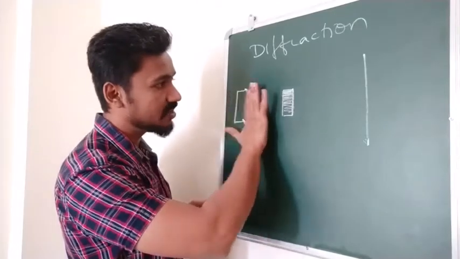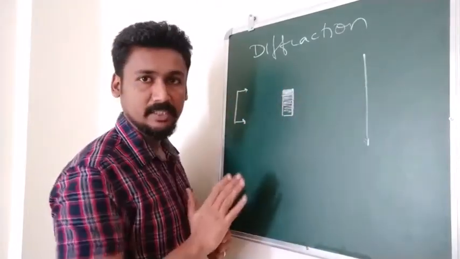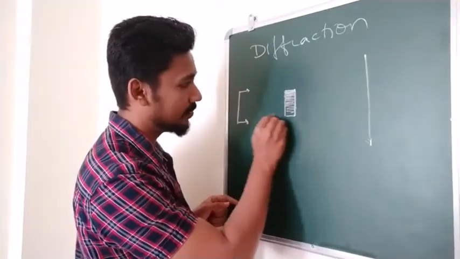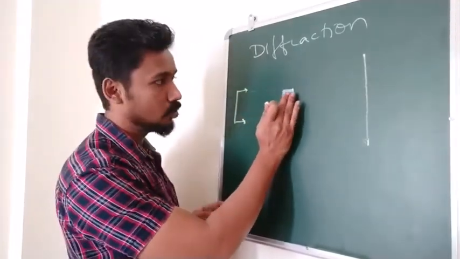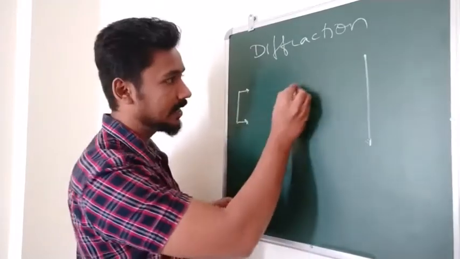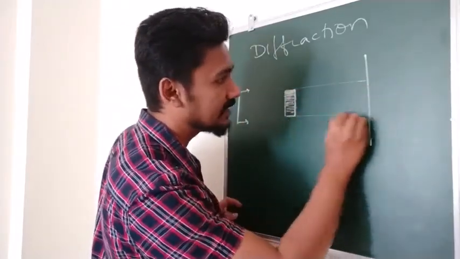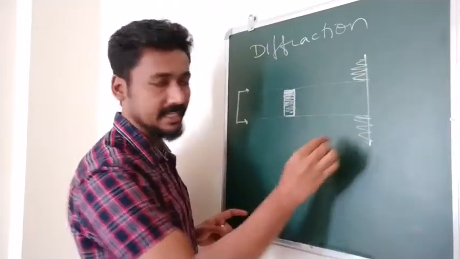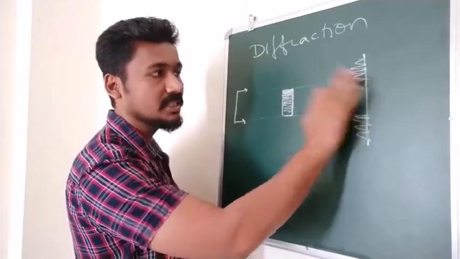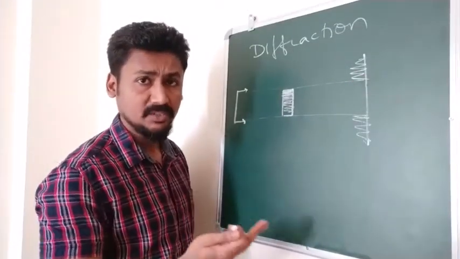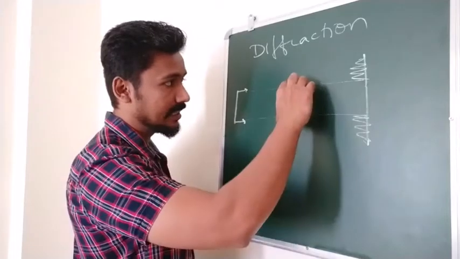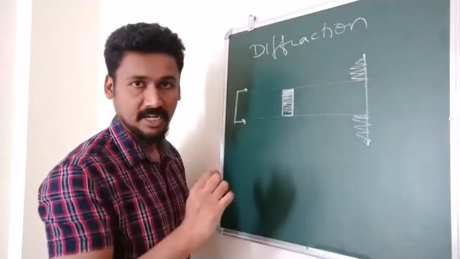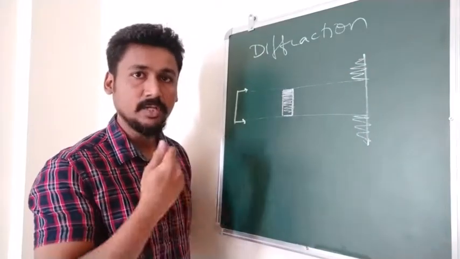So a plane wavefront is incident on our obstacle over here. When this plane wavefront passes, what should you expect on this side? What you are going to assume is the waves will come like this. This being an opaque object, no light waves will pass through the object, and they are going to illuminate this side. So we are going to see light on this side, and this region is going to be the shadow region, correct? That is what we notice. Let us say its length is 10 centimeters, so here we are going to have a shadow of 10 centimeters, correct?